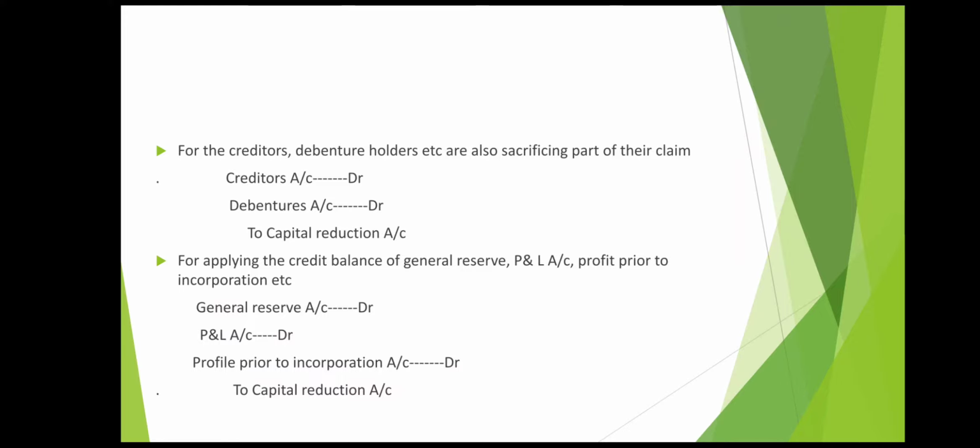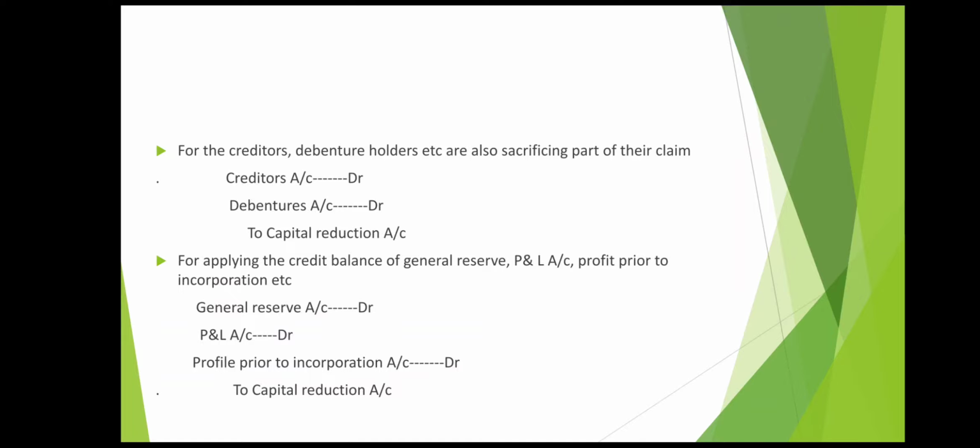Let's say now if we had to pay to creditors 50,000 rupees, and now the creditors have agreed to accept 30,000 rupees instead of losing the entire 50,000. If they have agreed to accept 30,000, so now they have agreed to forego 20,000 rupees from the company. Okay, so that amount will be collected in capital reduction account, and this will help to show better financial position of the company, wherein the company is in a position to pay its liabilities.